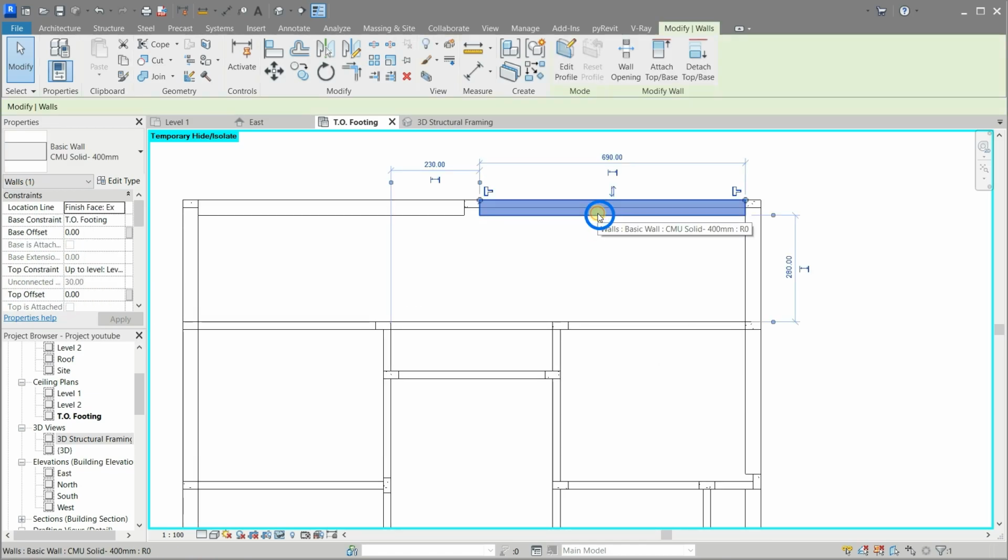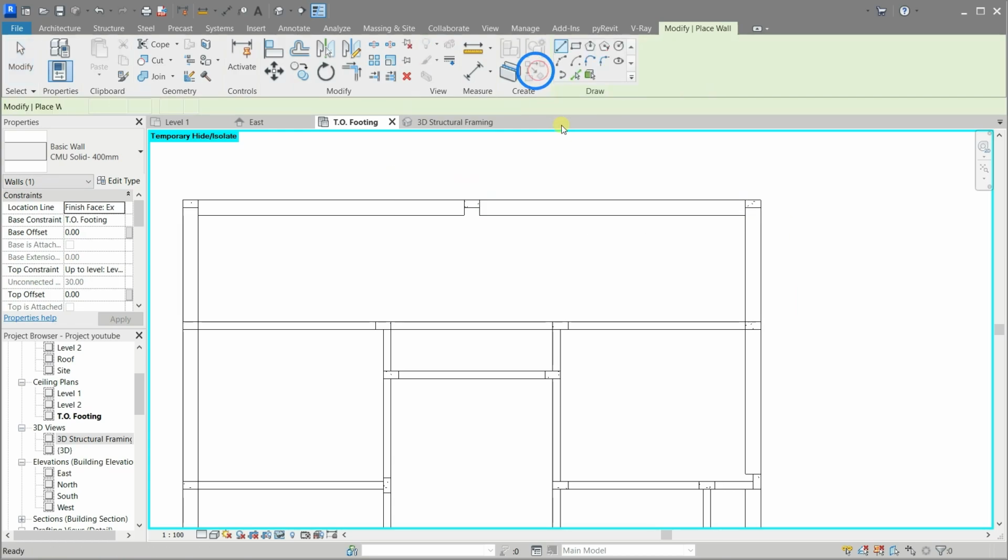Select one of the walls, then click Create Similar, and let's create internal foundation walls.